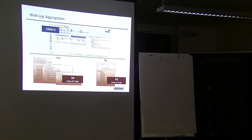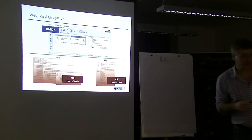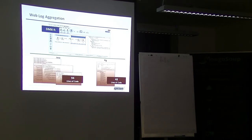What are competitor products you see on the market at the moment for such graphical ETL tools? Graphical ETL tools, there are a lot on the market. For Hadoop, for example, some of them already support Hadoop, like Informatica, like Talend, like Pentaho, and so on. The huge difference between all of them and us is that they all generate scripts, and they transfer Java